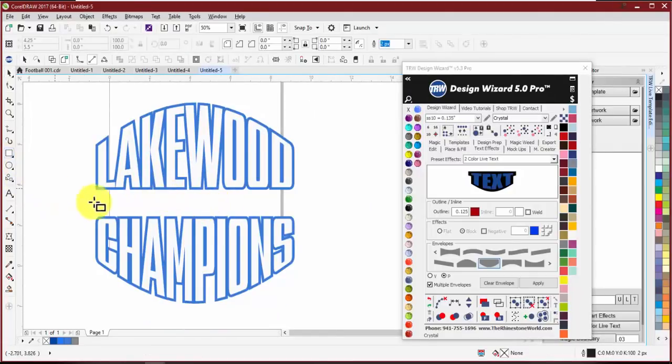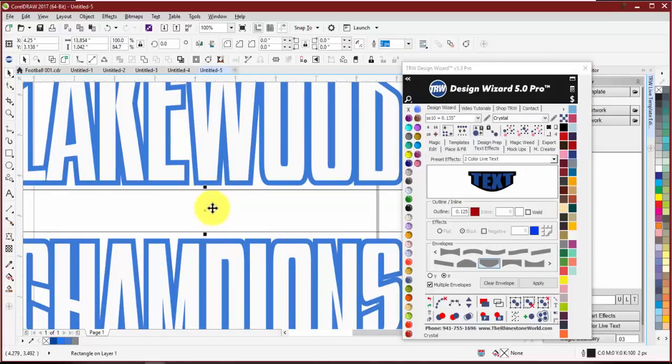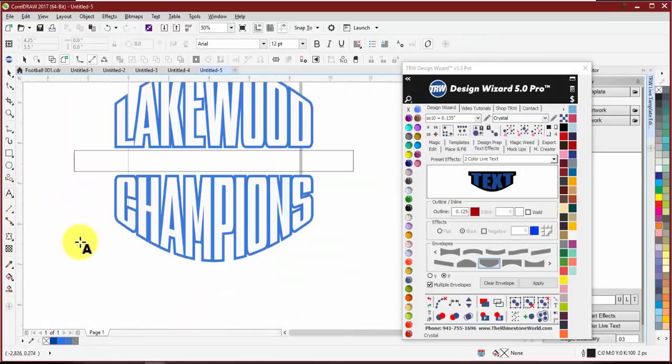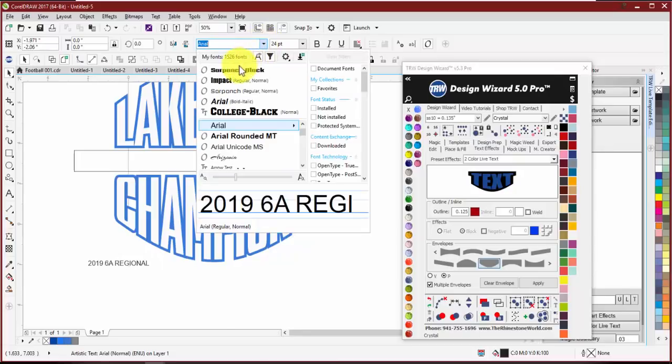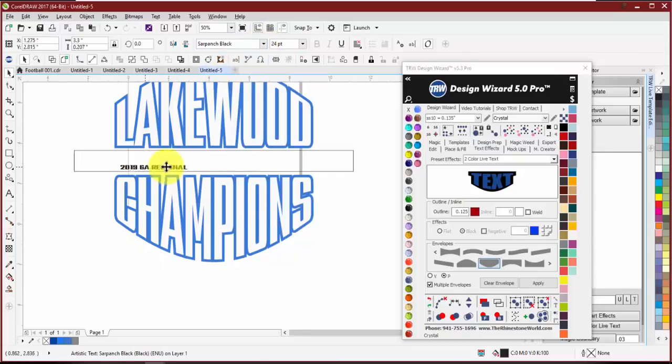All right, so then I'm just going to draw a rectangle. Just go ahead and center that. And then I can just come in and do 2019 6A regional. Go ahead and find the text I like. Go ahead and set that up. And I'm just going to raise the height a little bit. Now once I like the height,